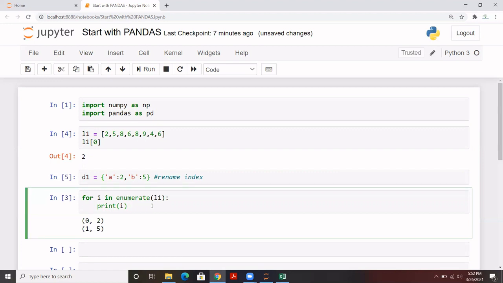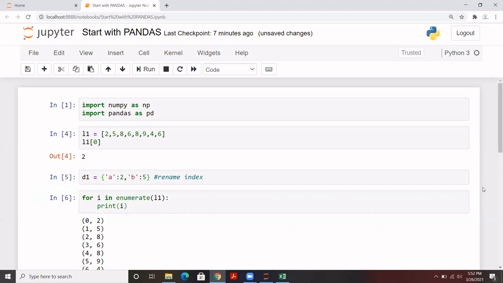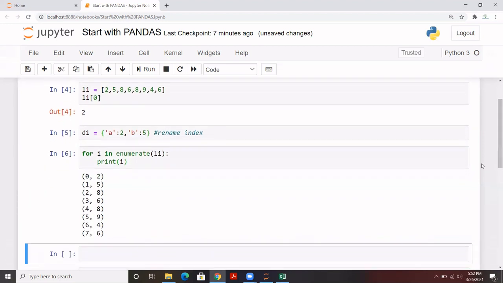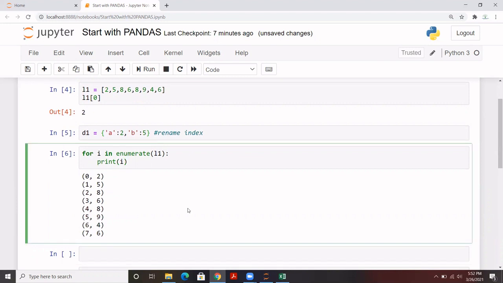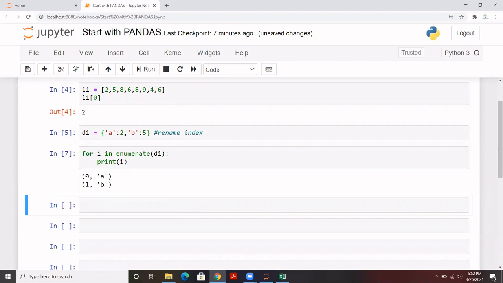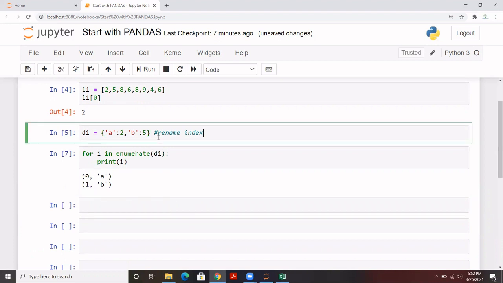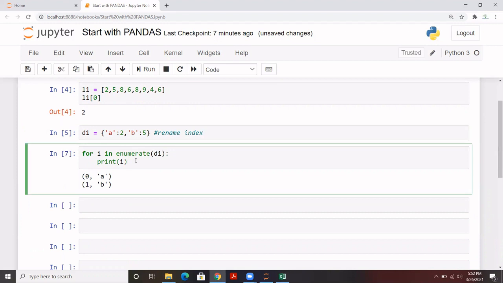So you see, it's taking some time. Yes. You see that using a for loop and the enumerate method, we have extracted all the positions within one go. And this is not only for a list. You can pass a dictionary as well here. And you see that the enumerate function will give the index for each and every key. And in case you want to extract the keys, we can do that using the index and values. I'll showcase how to do that.